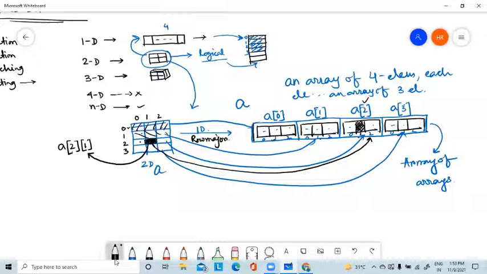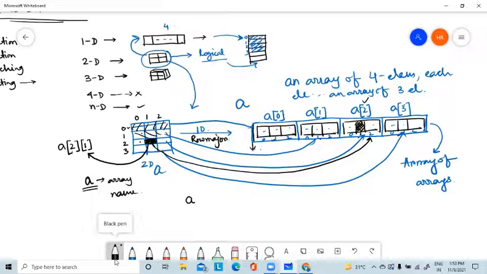Now, suppose the base address is A. We already know that the array name is the base address. Now, what is the address of this element if I want to calculate? This is the base address, the starting address.